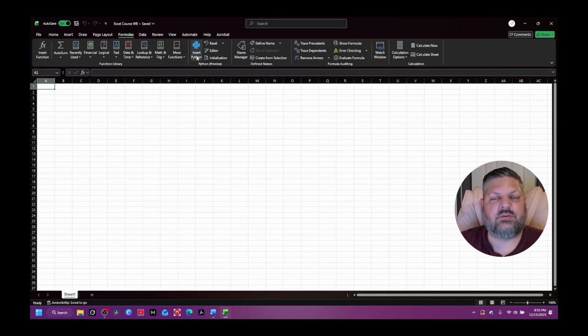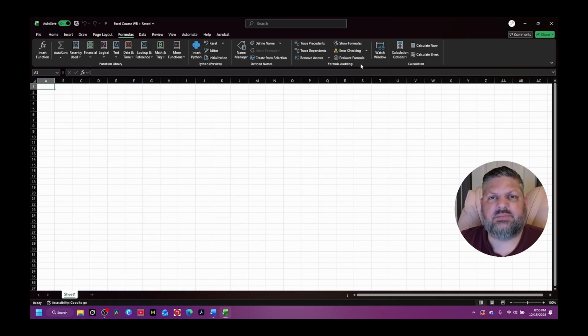Elsewhere in here, we've got insert Python, an incredibly useful portion of Excel. In the grand scheme of Excel, still relatively new, but it will definitely revolutionize some of the things that you've been doing rather longhand for quite some time. Defining names and Name Manager are very helpful when it gets to having multiple tables, or particular ranges in data sets. Defining names and getting it organized in that manner, you'll find down the road will become extremely useful. So formula auditing, error checking,